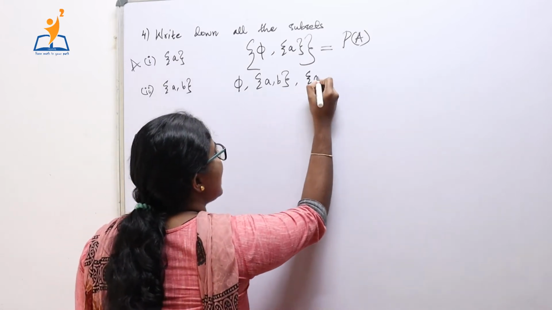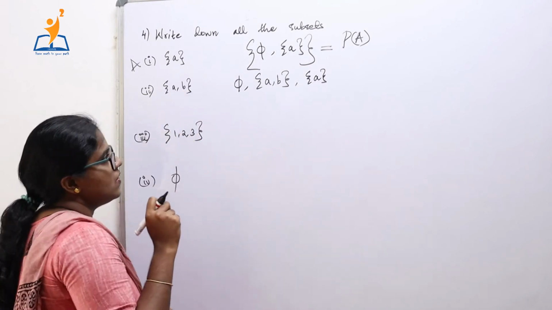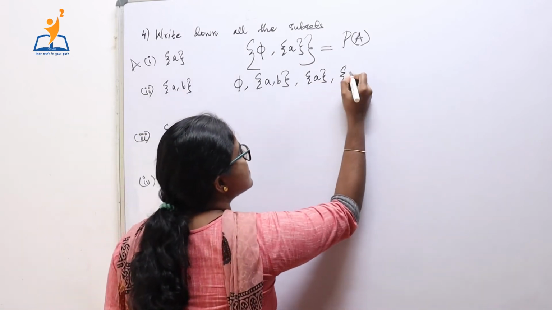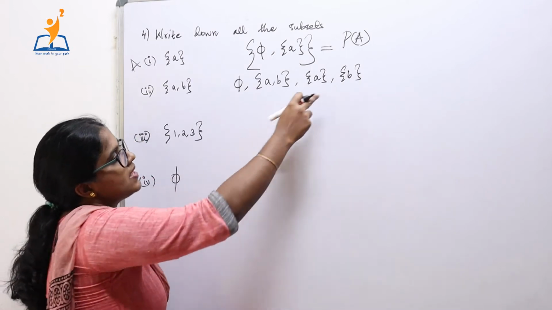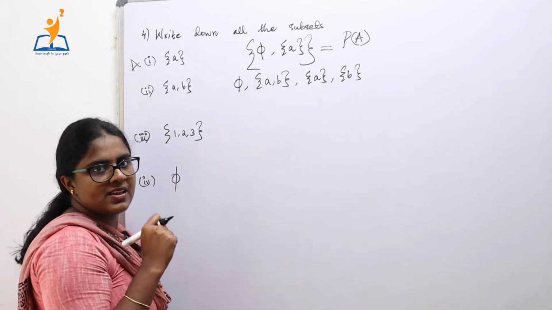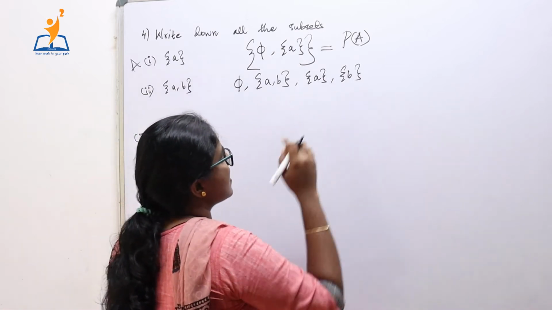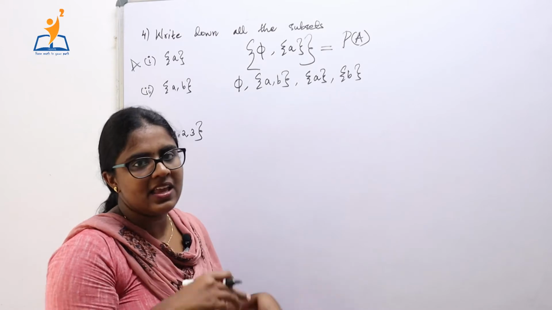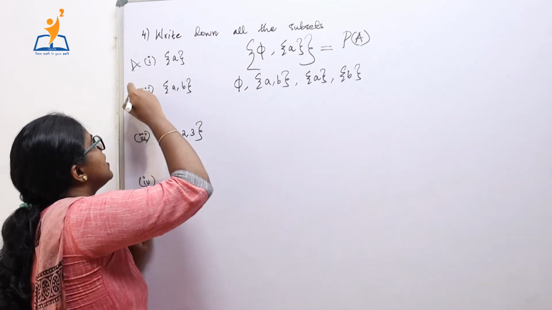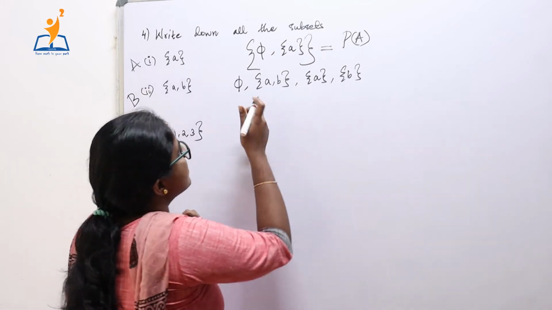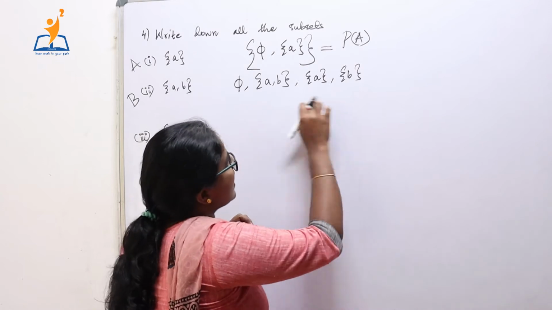That is, set A is a subset of this set because A is here, A is also here. Now set B is also a subset of this set because B is found here, B is also present here. Now the remaining set is the set itself. So these 4 sets are the subsets of this set. So let us call this set as C. So if we are asked to write the subsets of this set, we can write like this.